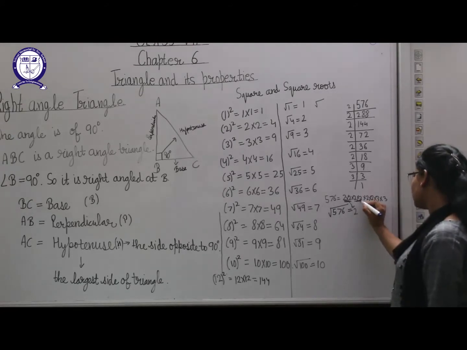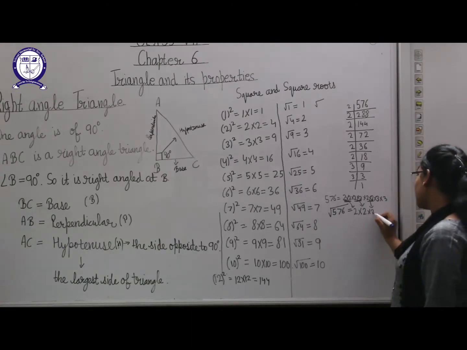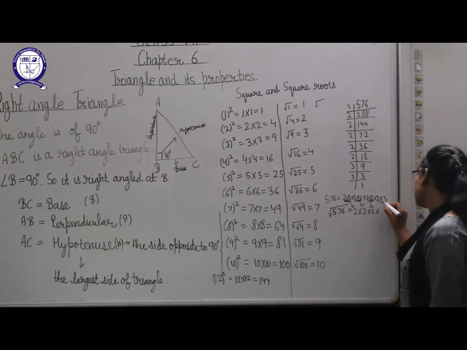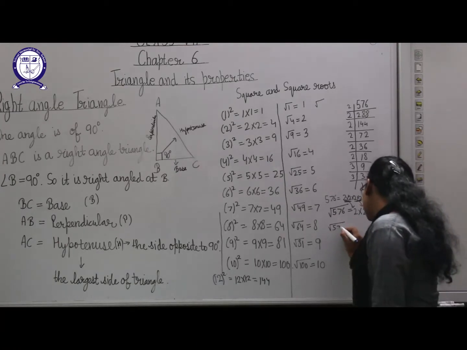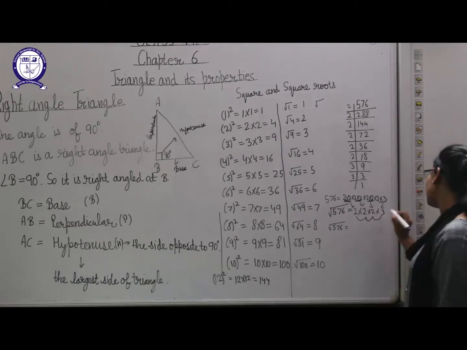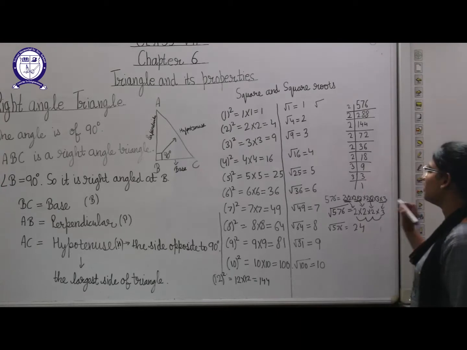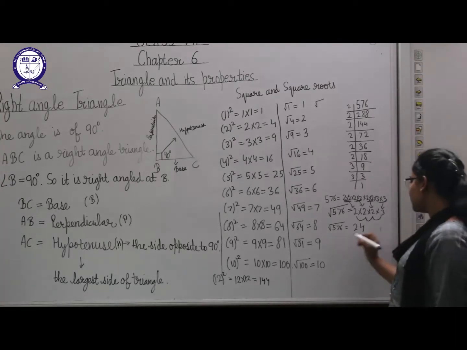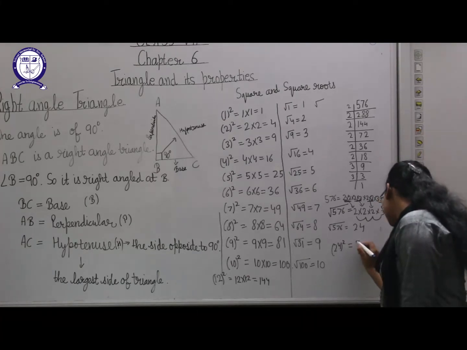Same here, there is 2 times 2, so we will take this as 1 time. Here 2 is 2 times, so we will take it as 1 time. And 3 is also here 2 times, so we will take it as 3 here. So what we get is 576: 2 2s are 4, 4 2s are 8, and 8 3s are 24. Okay, so the root of 576 is 24, and the reverse of it is 24 square is 576.